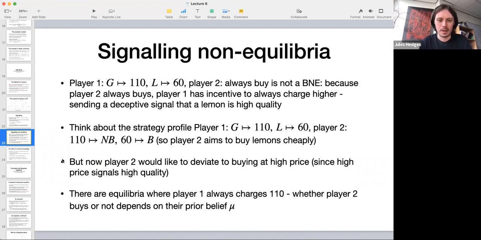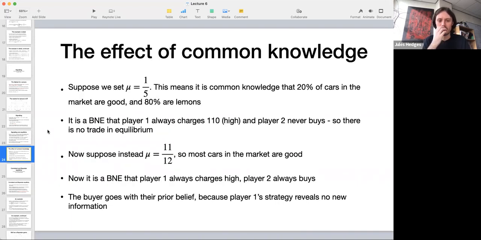So in this case, signaling is a kind of barrier to strategy profiles being Bayesian Nash equilibria. So there are equilibria where player 1 always charges a high price. These are non-signaling strategies for player 1. And then whether player 2 buys or not will depend on their prior belief. There are some details here. So what happens depends on the probability mu. So mu was the prior probability that the car is good, and then 1 minus mu is the probability that it's a lemon. So we can think of this as the common knowledge that a certain proportion of cars in